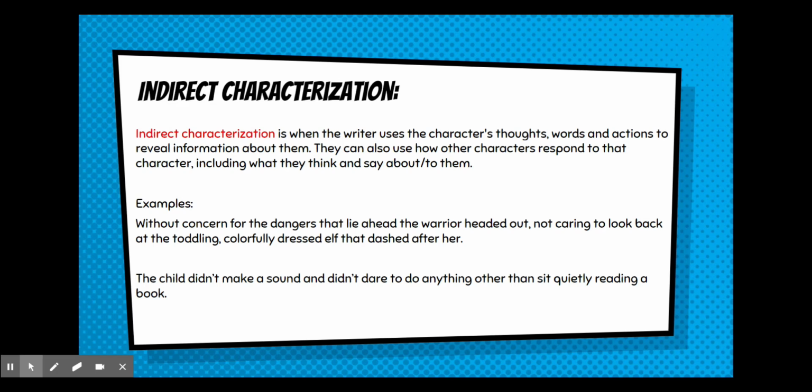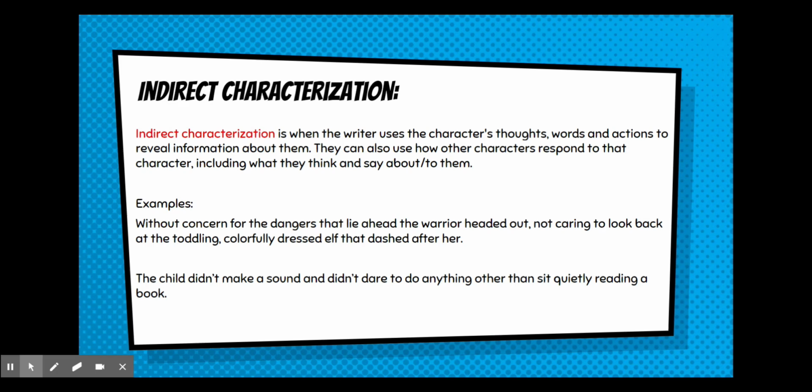Just like the previous sentence, we could probably infer that this warrior is brave and this elf is quirky or odd. But instead of outright coming and saying this, the narrator or author here is describing what is happening to these characters by what they say or what they do or what they look like. This would be an example of indirect characterization because the reader has to do some inferencing to figure out what the writer is trying to say about the character.